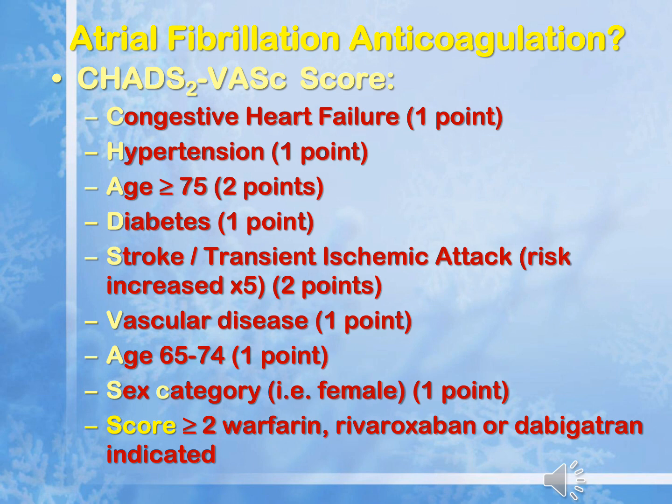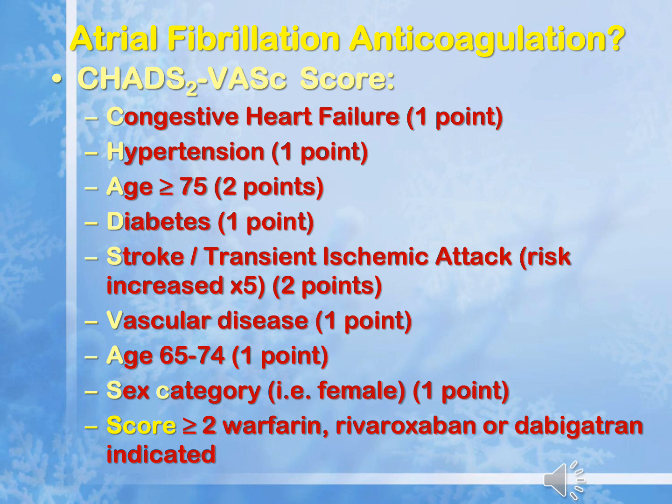Patients who have atrial fibrillation have consideration of whether or not they should be anticoagulated for prevention of stroke. The CHADS scoring system is one that is commonly used, in which the presence of congestive heart failure, hypertension, older age, diabetes, previous stroke or TIAs, or vascular disease all have a point system. If the score is